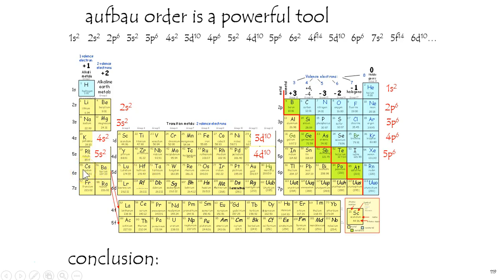Getting larger, we go out to 6s2. Then I'm sure you could continue, or maybe you notice there's something weird going on here. I was about to say 5d10, but I'm noticing these little red lines, and that's simply that this should be here, but they decided not to for reasons of the shape of the periodic table. You see these two long rows here? They're supposed to go right there and right there respectively, because we went down one shell when we went from 4s to